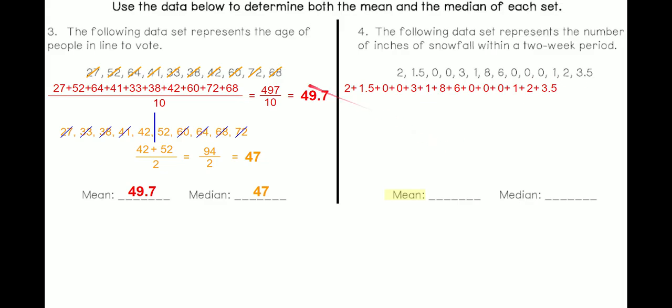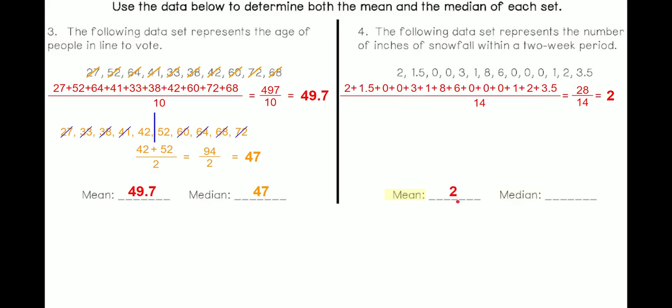That's nice. I don't have to order them from least to greatest. Divide it by 14 because there are 14 numbers here. This includes the zeros. You cannot exclude the zeros. The zeros are an important part of the data set. So add up the top numbers. You're going to get 28. Divide by 14, and it turns out the average or mean inches of snowfall in the past 2 weeks is